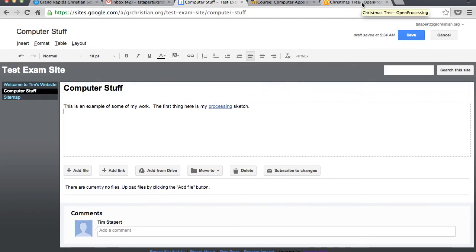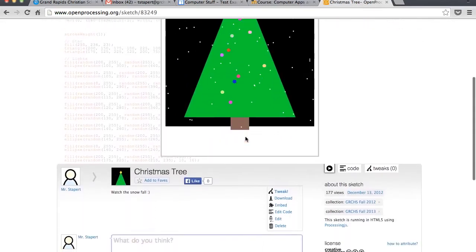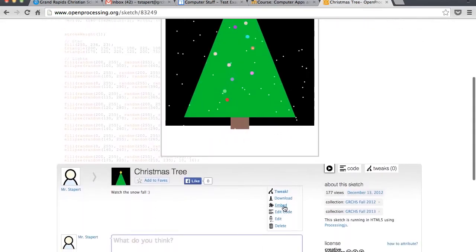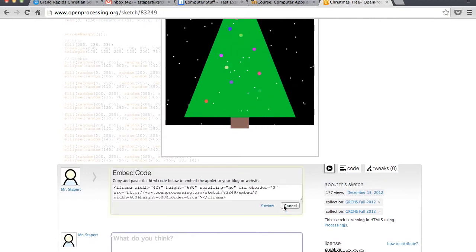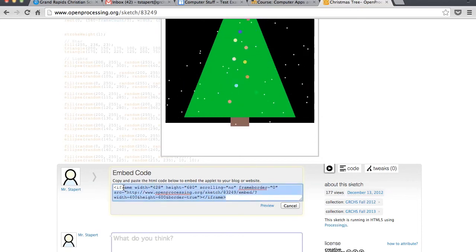And you'll notice for Prezi, for YouTube, for Vimeo videos, for a lot of online content, you'll actually have the option to do this thing called embedding. And when you click on that, what it gives you is your HTML code that you can put into your website. So you've got to copy this code,